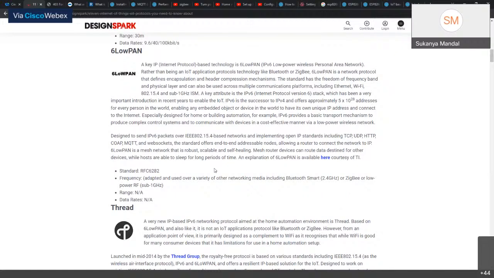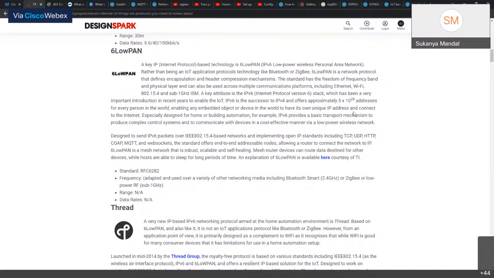A key attribute of the IPv6 stack is basically the introductions. Over the years, IPv6 would generally be the protocol for any devices acting over the internet, because IPv6 has the capability of dynamically generating IPs, and IPv6 was created to not run out of IPs, whereas IPv4 has its own limitations.